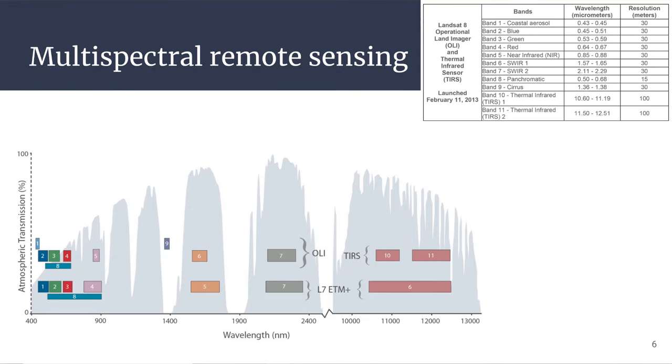Another band worth mentioning is band 8. This is called the panchromatic band. It senses a wider range of electromagnetic energy being reflected back from Earth's surface, and because it senses over this wider range, you can actually get higher resolution data pretty easily, even from this Landsat satellite. You end up with 15-meter resolution for this data, but because it's over such a wide range, it can't distinguish